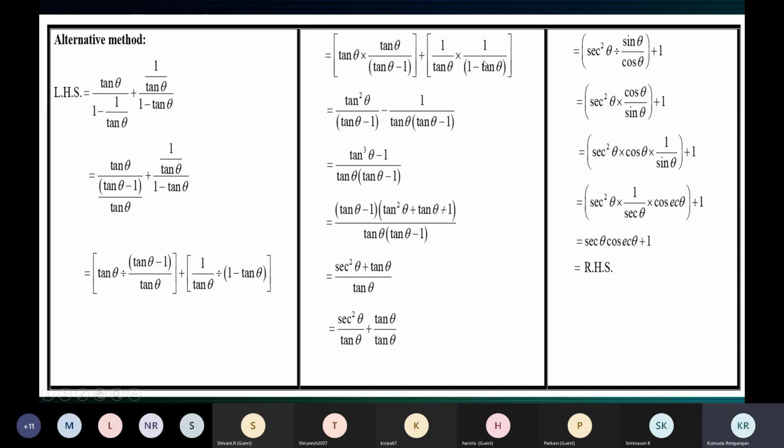And then here we have 1 minus tan theta, right? So we write it as tan theta minus 1 and change the connector, plus to minus. Because here we have tan theta minus 1, here we have 1 minus tan theta. So we write this as tan theta minus 1 and plus outside becomes minus. The rest of the steps are the same, children, like yesterday.